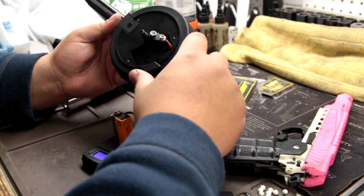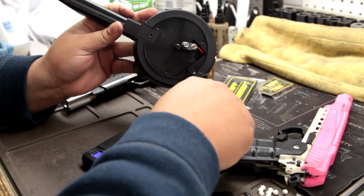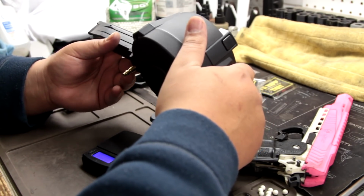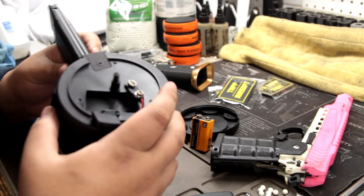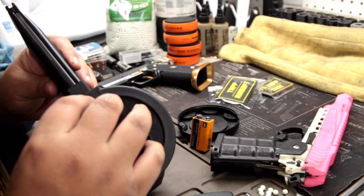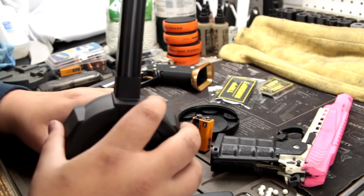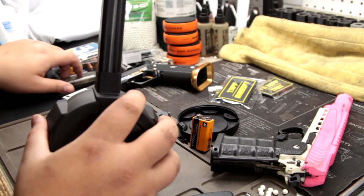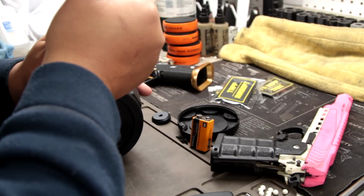I bet if it's filled with maybe BBs, you're looking at maybe 800. It's very light, it's deceptive, jeez. It's deceptive how light it is. I feel like this is where you gotta put the BBs. So alright, let's assemble and see if I'm stupid or not. I'm doing this together, so, and this,